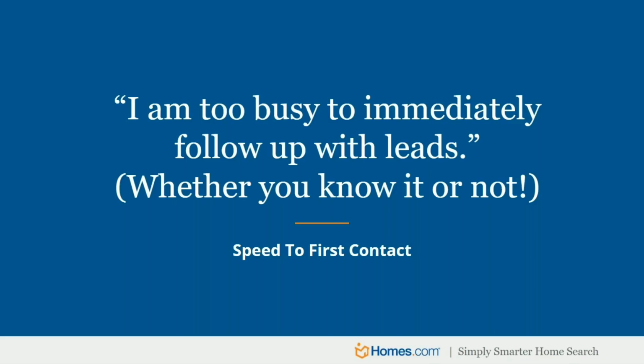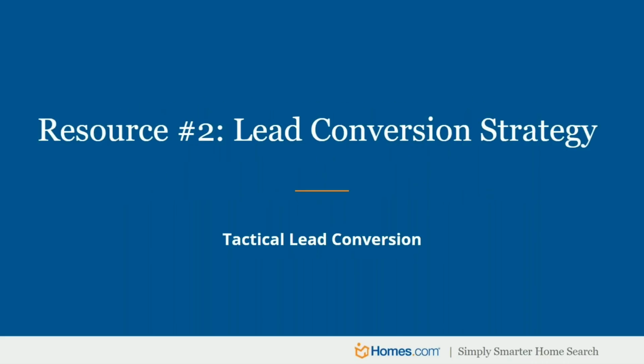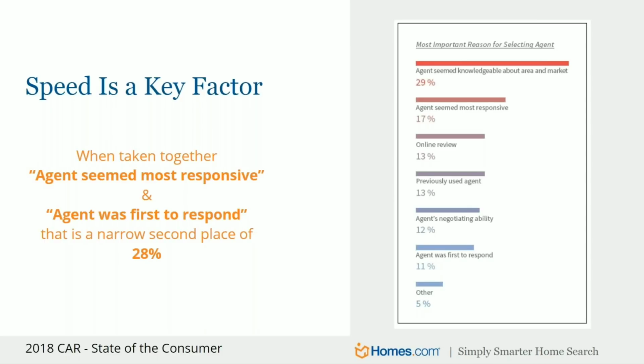And a lot of agents don't know, because we can't predict when these leads are coming in. They come in at all different times of the day, and we just can't be sitting by the phone waiting for them, because we have to have business happening. So that's where the advantage comes in for these other companies, like these OpCities. They are literally waiting by the phone. So when a lead does come in, they can call right away. By the time you call 2 or 3 minutes later, that person's already on the phone being qualified by somebody else. So that's what I mean by saying we need to level the playing field, and we need a lead conversion strategy. So let's talk about this.